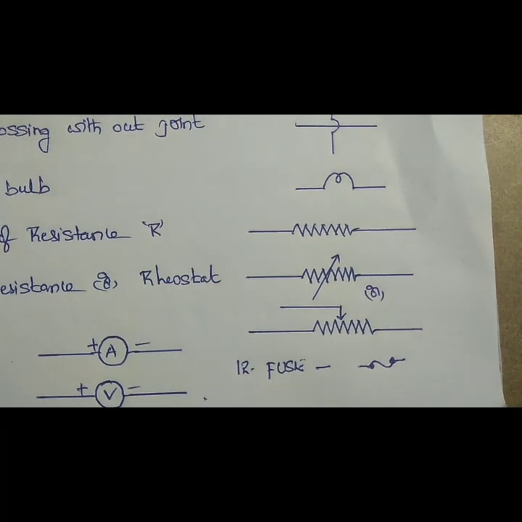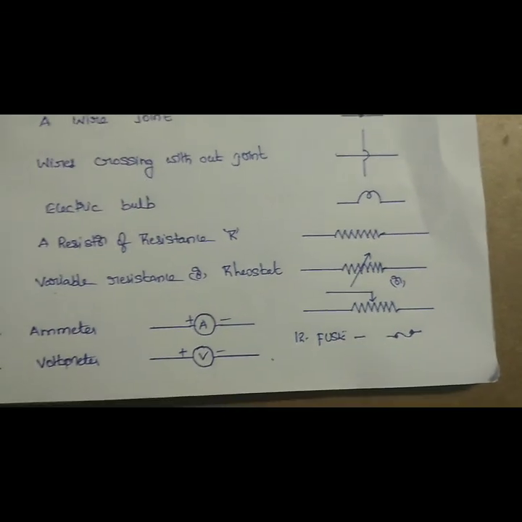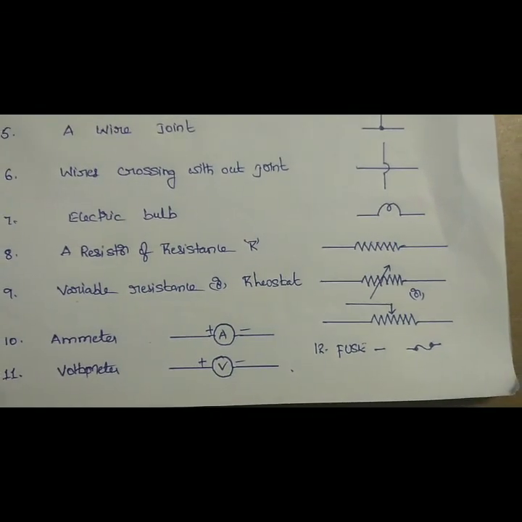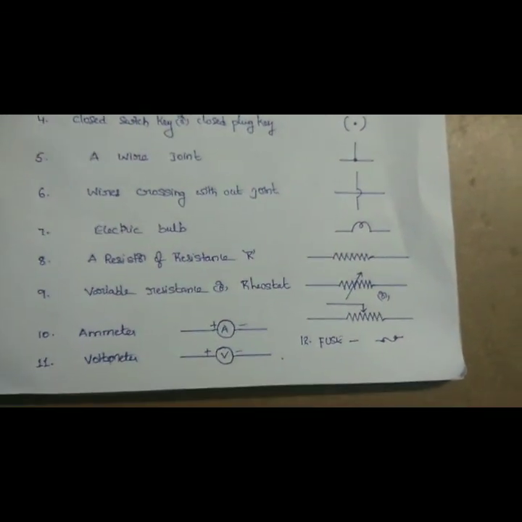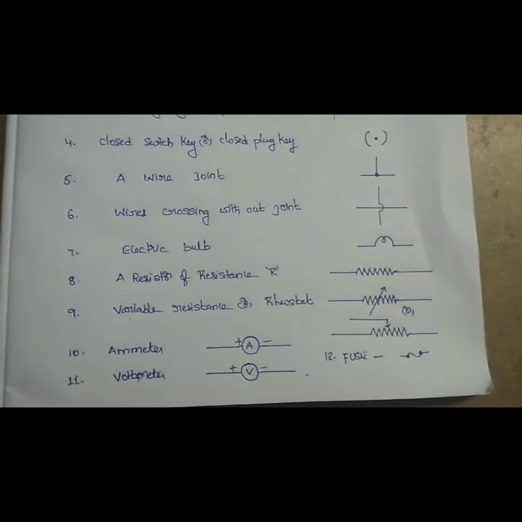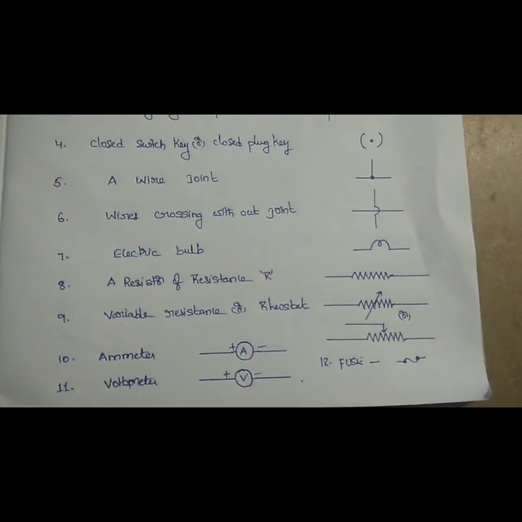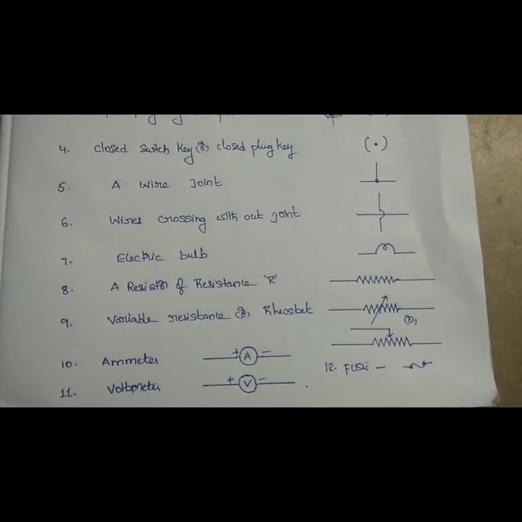So these all are the electrical equipments, the electrical components. These are all the components we use to design an electric circuit diagram. That means a circuit diagram. Let us use some problems from tomorrow's class.